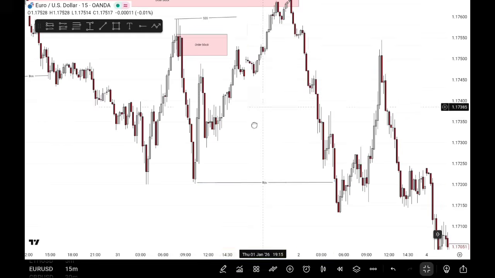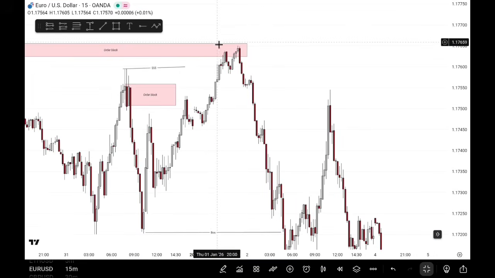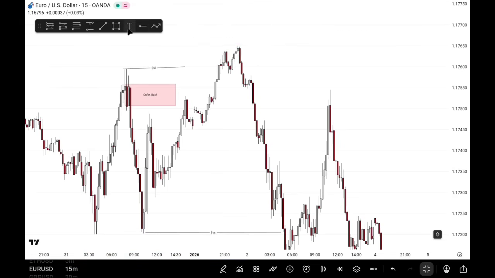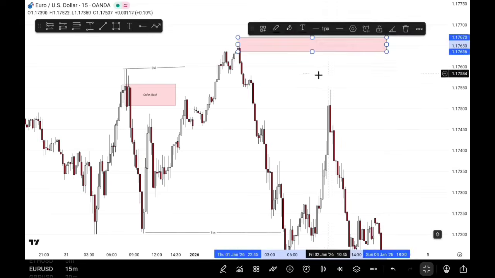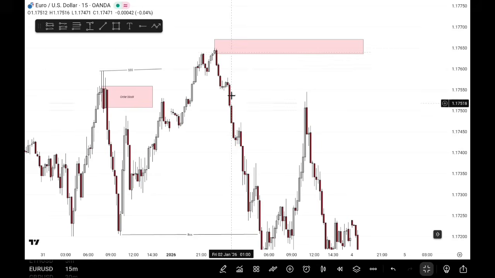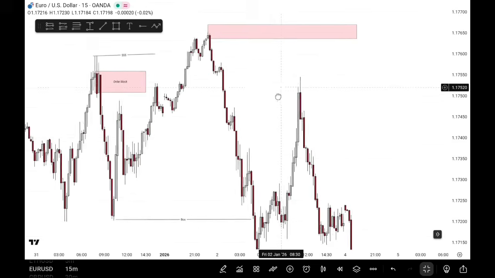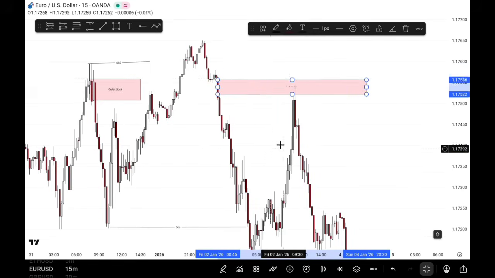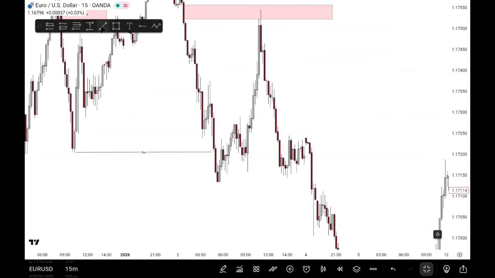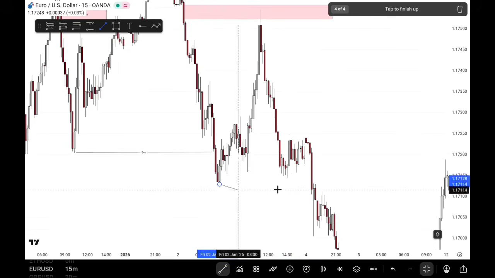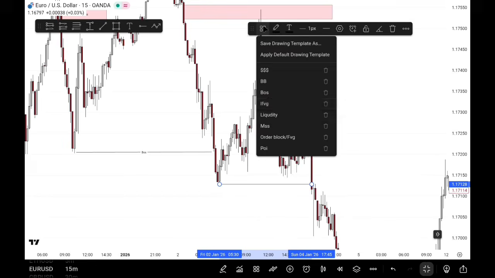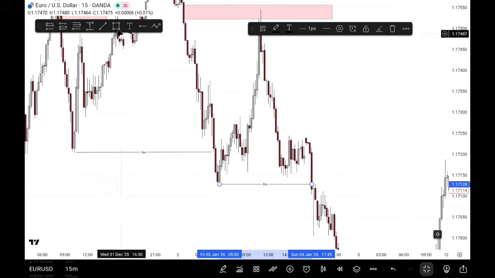If I'm going to mark out the order block, I'm going to use this order block as the recent break of structure, right? So I'm going to use this order block as the order block that causes the break of structure to the downside. But price reacted off from the fair value gap at this spot. All right, so we also have another break of structure to the downside, and since we have this break of structure to the downside, I'm going to use this